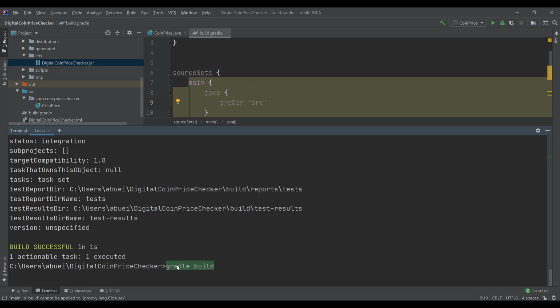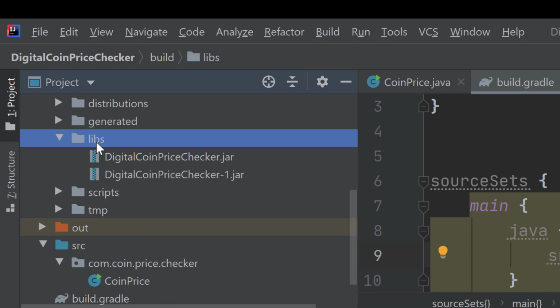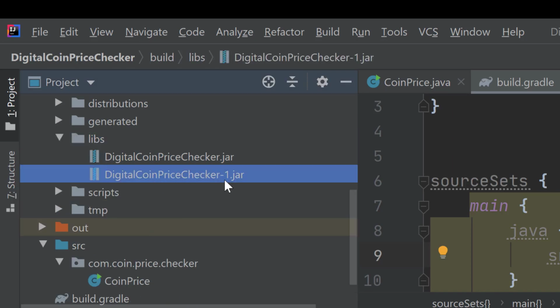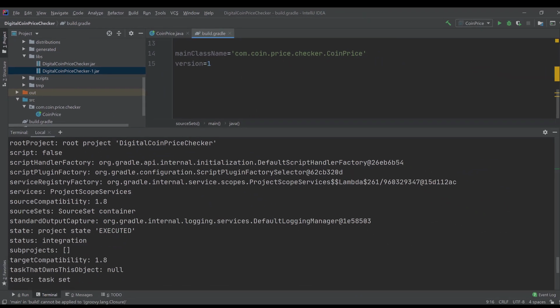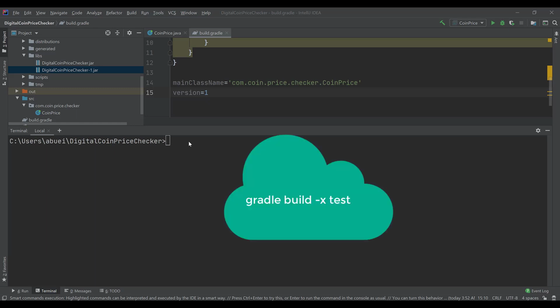Now let's click on the libs folder. And you can see here we have version 1. Ctrl L to clean the terminal. In Gradle, you can stop some task execution. For example, if you want to build your project without running the test, you can do -x test